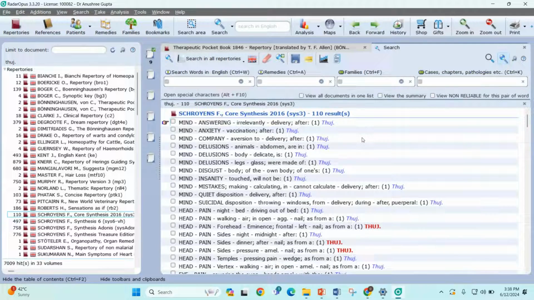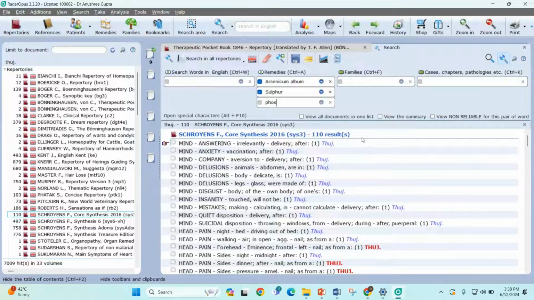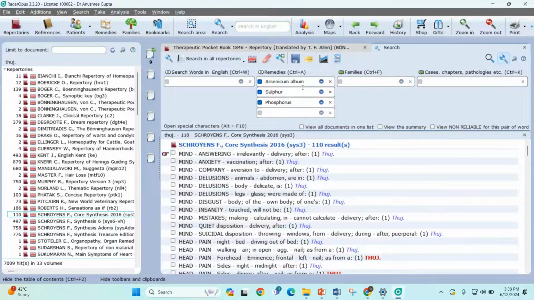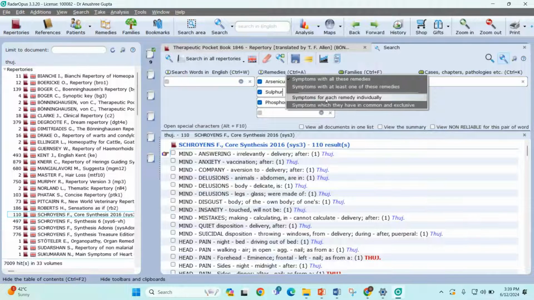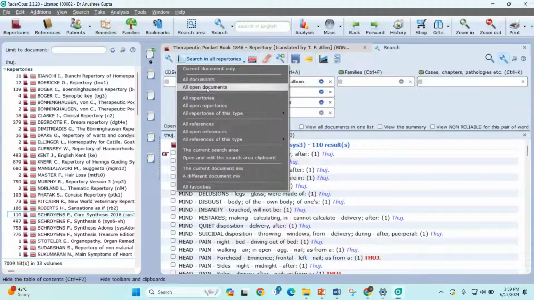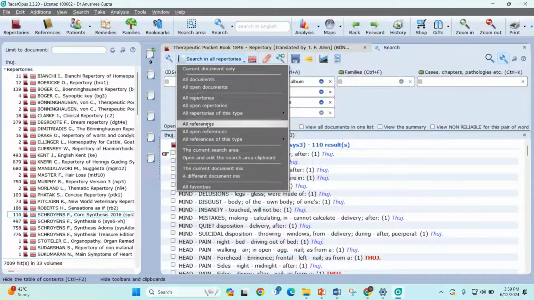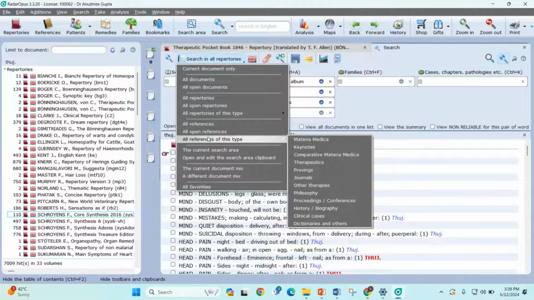Next, if I wish to compare between the drugs, you just need to mention all your drugs here in this remedy section. Select symptoms for each drug individually, and now you can select if you wish to read it from all documents or the repertories, any specific repertory, any specific reference, or from all the references.